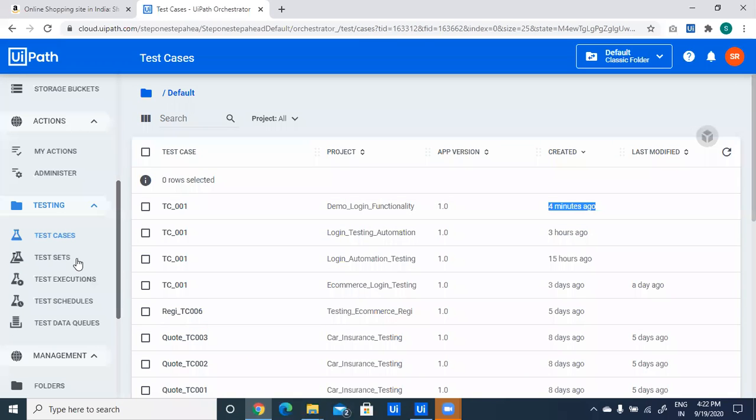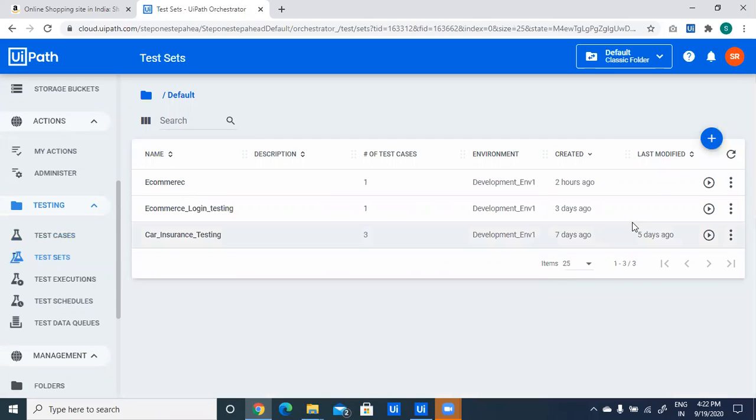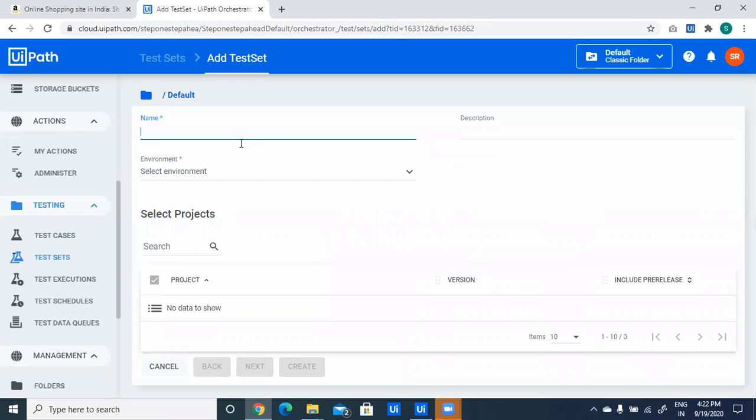The test set is the combination of the project and the test cases. In test set, we need to add our test set and our test cases. Just click on add and give test set name. For example, I am giving demo login testing as a test set name, and select environment.